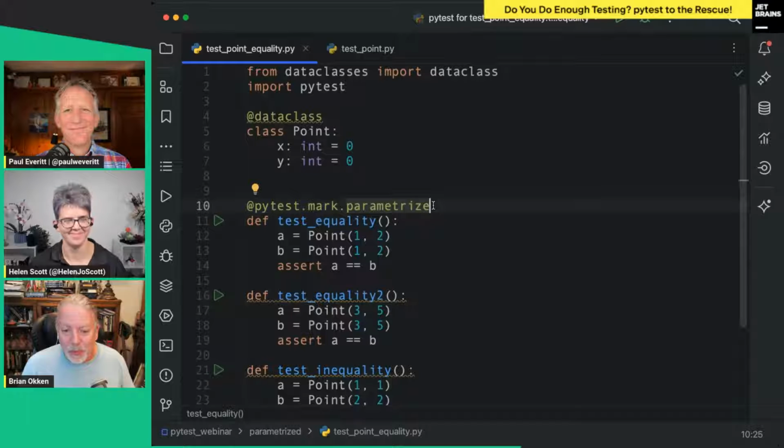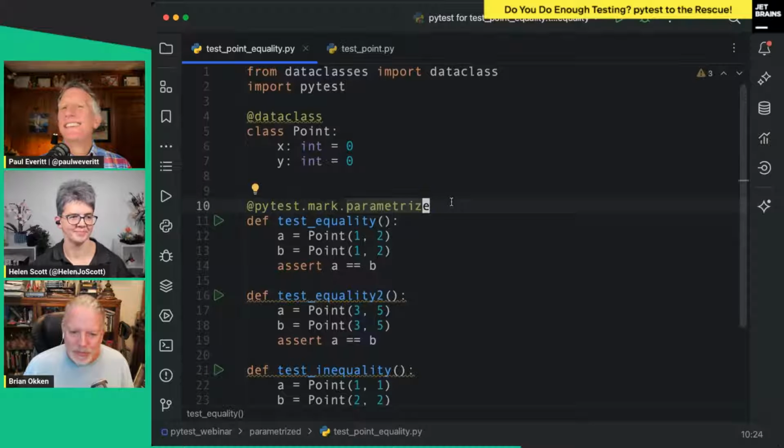There are really 4 legitimate English spellings of parameterize, but there's only one legitimate spelling that pytest recognizes, and it's this one. So there's no E here, and it's a Z. It's a word that I don't think a lot of people, except mathematicians, use very much.